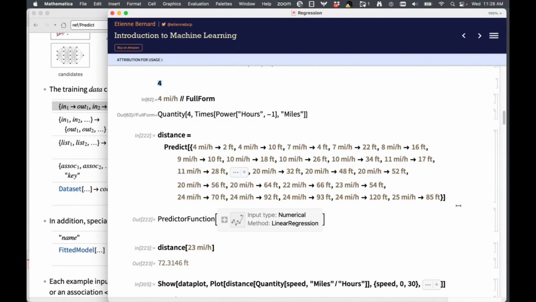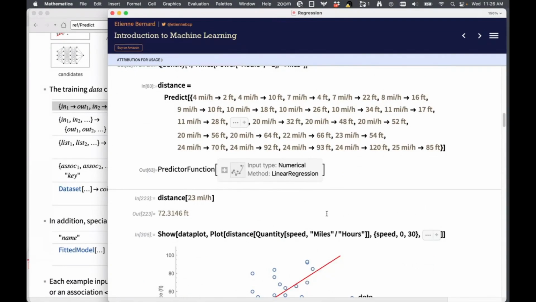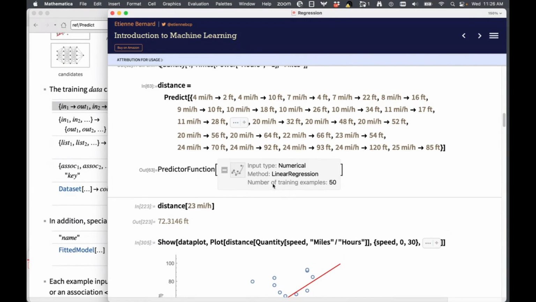So I can have all my input training data set up, and then I run Predict, and the progress indicator popped up for just a little bit. As with Classify, I get the predictor function, and I can open it up and I can see some details. I can see that it deduced that all the inputs were numerical, and it's decided to use linear regression, very well established method, and it used just 50 training samples.